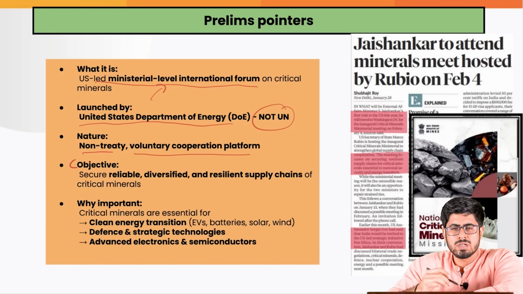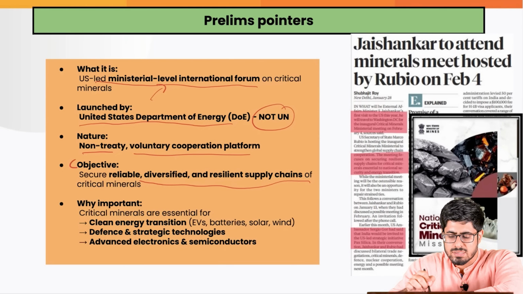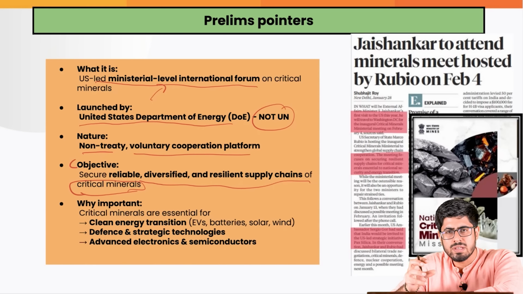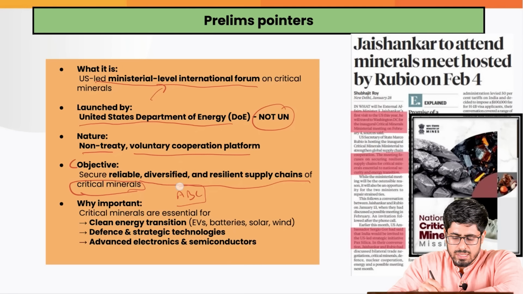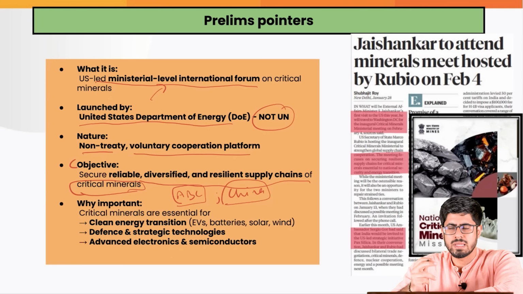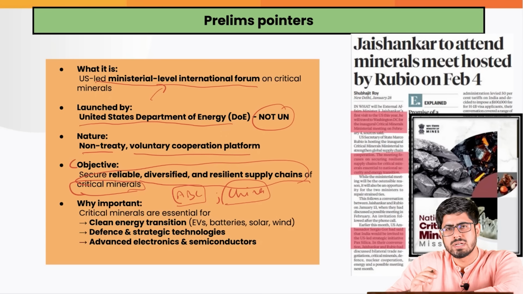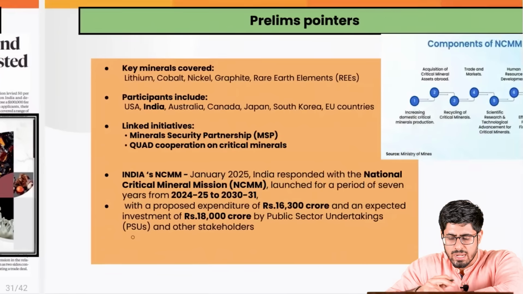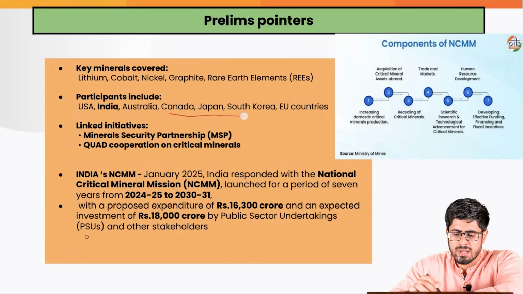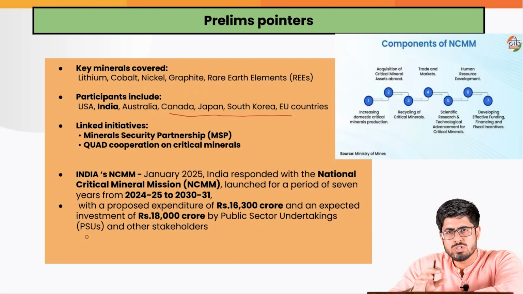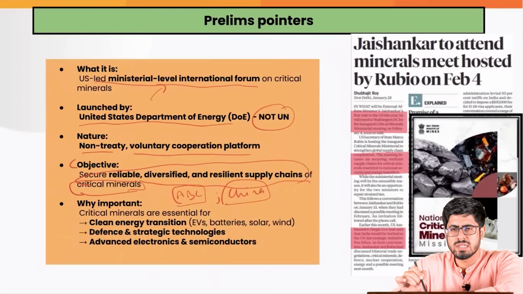The objective is that it wants to secure a reliable, diversified and resilient supply chain of critical minerals. Because these critical minerals are geographically constrained in their location, most of them are located in the ABC countries, Argentina, Bolivia, Chile, as well as countries like China, which do not have a very cordial relationship either with India or with the USA. So to ensure a resilient supply chain of these critical minerals, these nations, including India, nations like France, Canada, Japan, South Korea, EU countries, are joining hands to meet under this ministerial meeting in